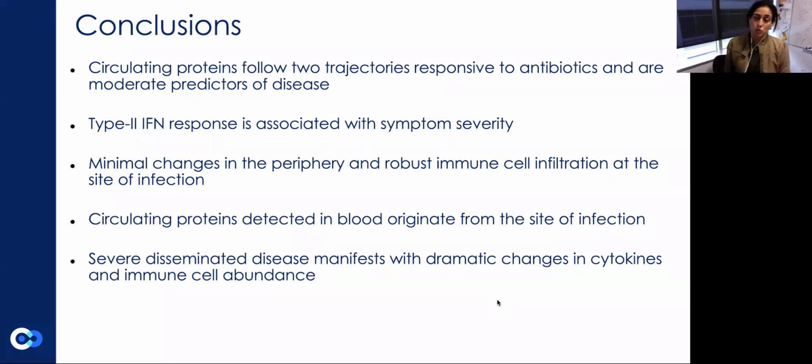We know that antibodies do develop against Borrelia, and T cells can be active. So antigen-specific T cells can be detected in the periphery in T cell and B cell sequencing studies. But at least at these early time points, unlike other infections that we've studied, COVID, influenza, Salmonella, even psoriasis, which is a skin-originating disease, infection independent, Borrelia just appears to be this pathogen that kind of doesn't do anything in the periphery.